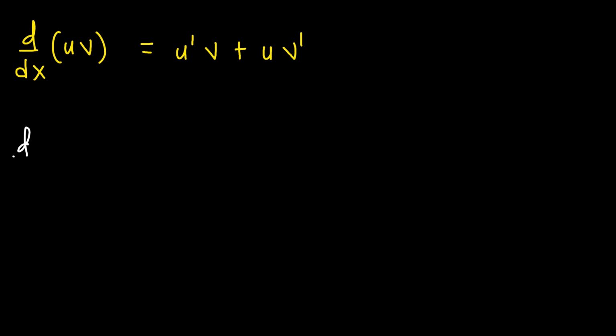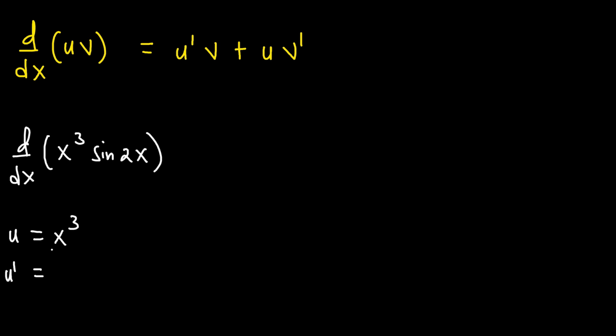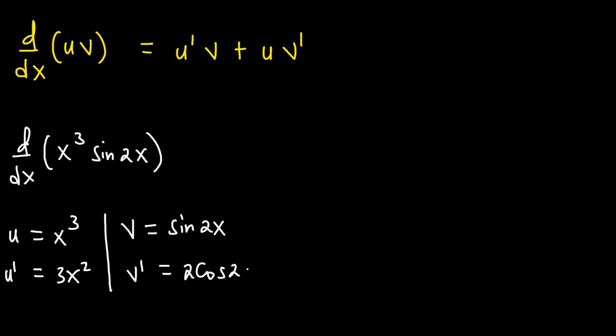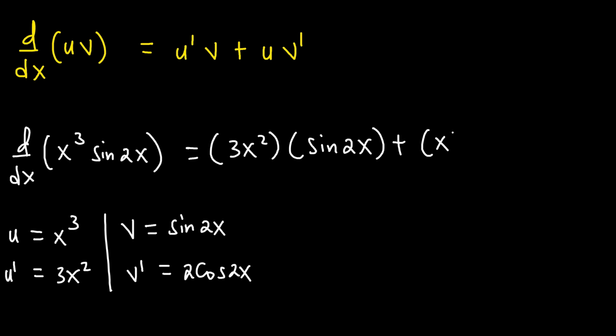Now you try out this. Differentiate x to the power of 3 times sine 2x. In this case, u will be equal to x to the power of 3, and so u prime will be equal to, when you differentiate x to the power of 3, you get 3x to the power of 2. And then v will be equal to sine 2x. Therefore, v prime will be equal to, when you differentiate sine 2x, you get 2 cosine 2x. So we shall have u prime, which is 3x to the power of 2, times v, which is sine 2x, plus u, which is x to the power of 3, times v prime, which is 2